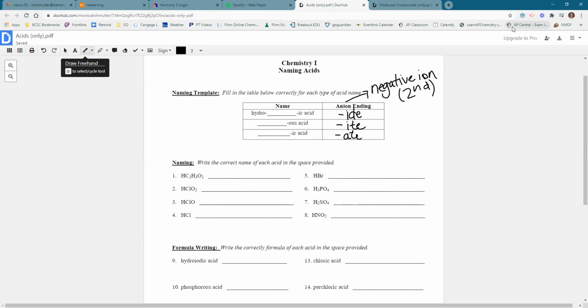Now, where the lines are, that's like the blank where you put in the root of the name. So for example, if we're talking about anything with chlorine in it, whether it's chloride, chlorite, or chlorate, the chlor is the base. And so that chlor is what we fill in for those blanks for the names. Okay, so looking at number 1, we have